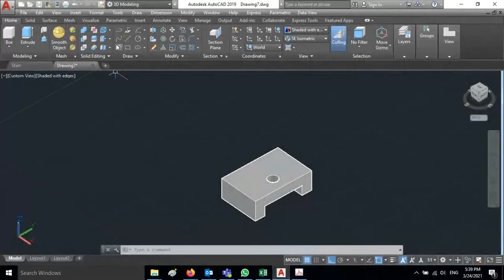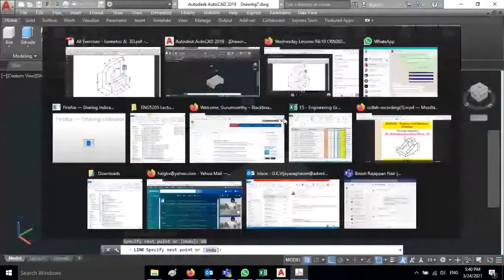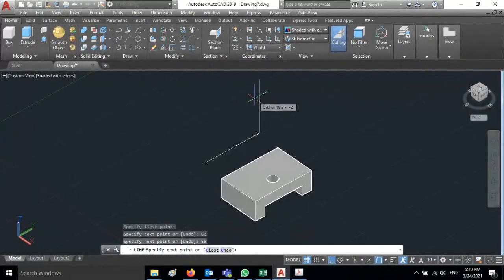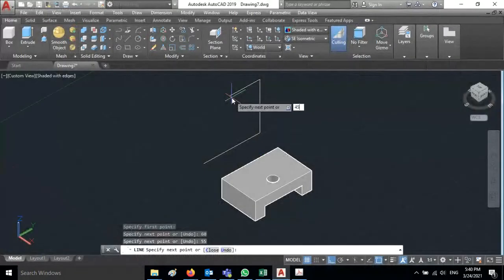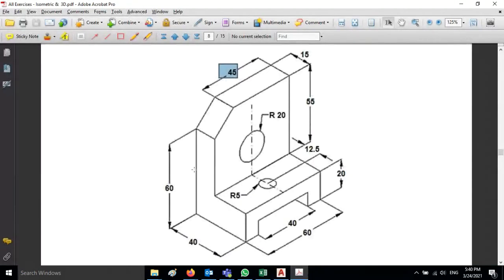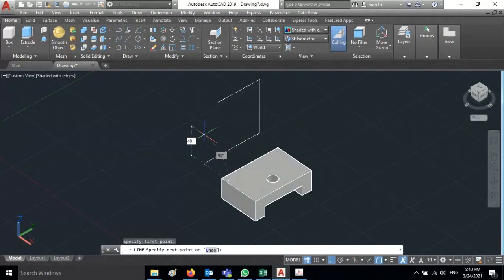So we will draw this as a separate entity. Go to select line. From here I'm going to draw. This side we have 60 and what is the height given? 55. This height is 55 and this side you can see 45. So this distance is 45, and then here what is this length? Total 60, but here we have 20. Therefore 60 minus 20, 40. Select the line. From here draw 40 and then join these two.